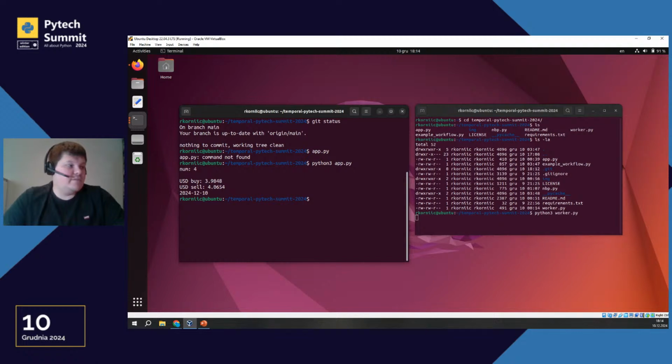Yep, and finally everything works, and we can see the result of our execution. So our app.py started the worker. The worker calculated 2 plus 2. Next it executed the activity and sent a request to our NBP API, Narodowy Bank Polski, to collect information about the exchange rate for today, buy this one, sell this one, and return everything to us. And still our worker is waiting for more tasks, so